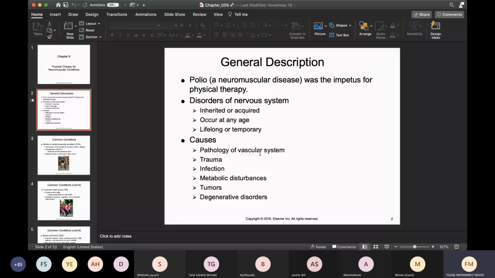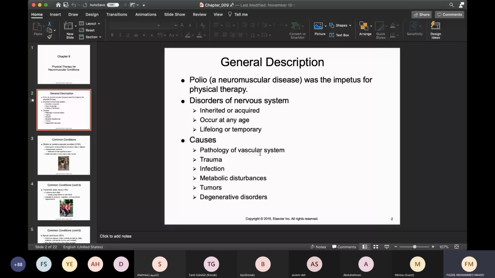TBIs, or traumatic brain injuries, the most common cause for this would be falls. And we tend to see this in young children and older adults the most. This could result in cognitive impairments, emotional impairments, and, in the case of this picture, physical impairment as well. Spinal cord injuries, or SCIs,